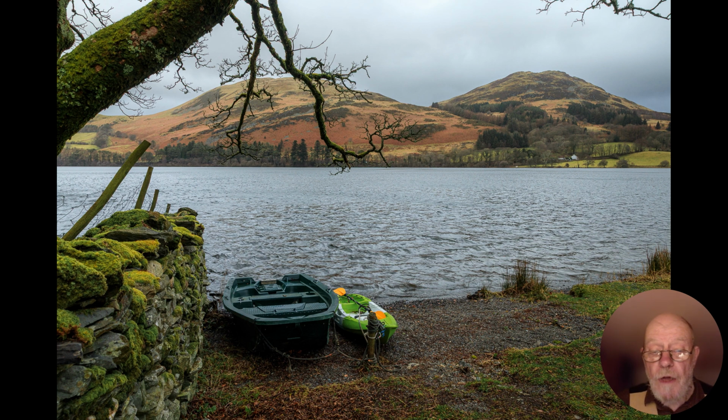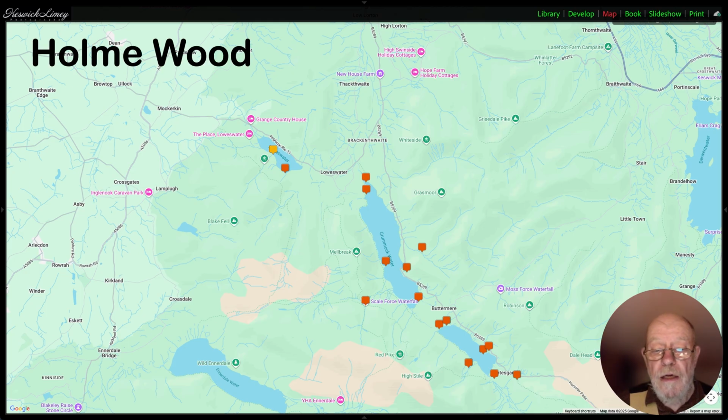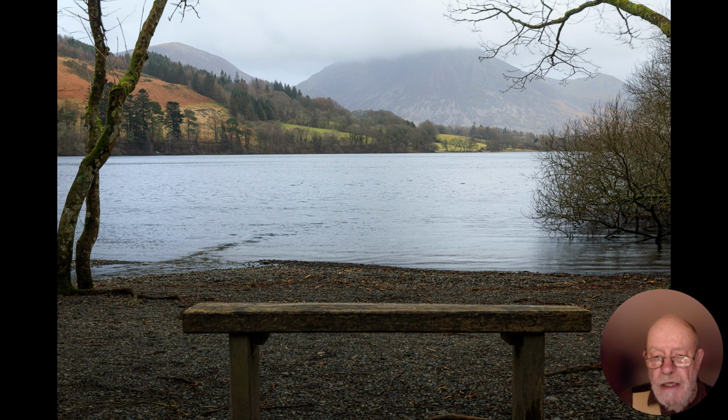And we're just going to move along following this, I suppose, southern or southwestern shore into what is known as Home Wood, but we're staying on the shoreline of Home Wood rather than going up into the bulk of the wood. And then there is this point where there's a nice bench, and looking down the lake, or up the lake should I say, towards the head, and there we've got Grassmoor. And it's a very nice, pleasant place,